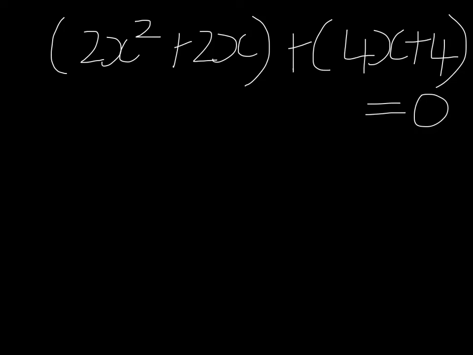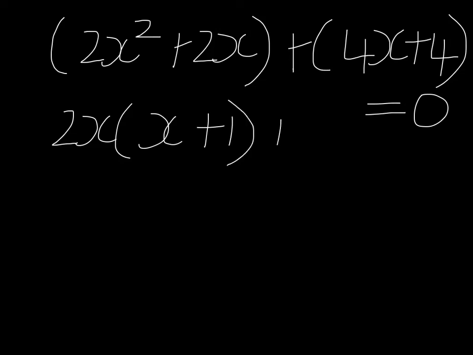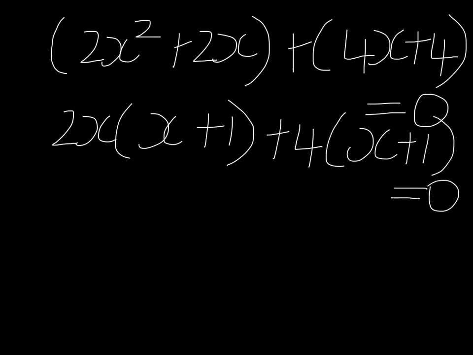We're going to factorise both sets of brackets. So we've got 2x, we're left with x plus 1. And we've also got plus 4, x plus 1. And we know that's equal to 0. And we're left with x plus 1,